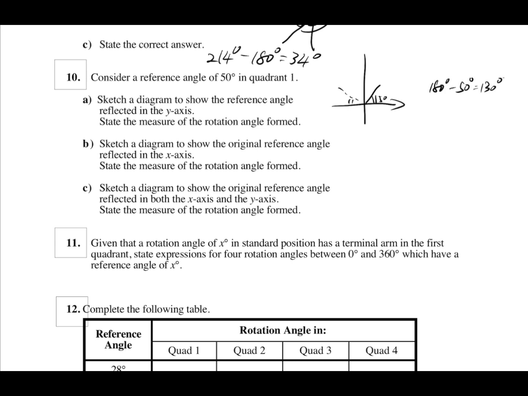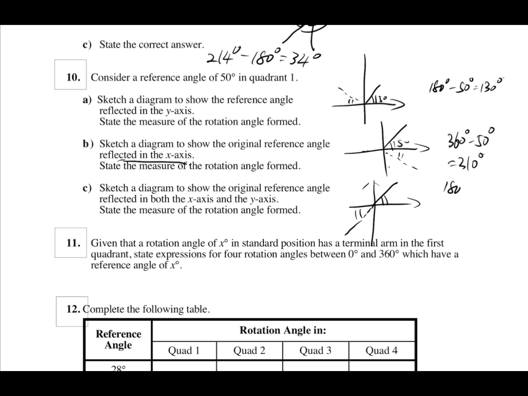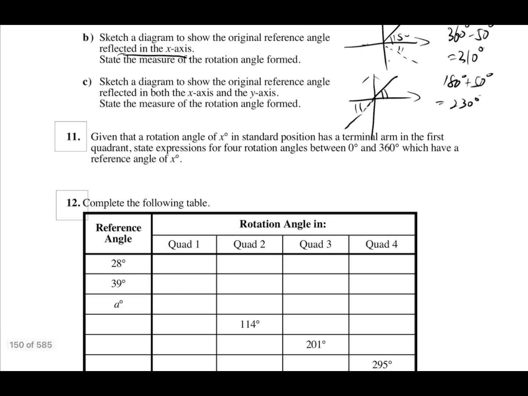And for the second one, the original reflected in the x-axis, 50. And the last one is reflected in both the x-axis and the y-axis. So this one is 180 plus 50 equals 230. Given a rotation angle of x in standard position with a terminal arm in the first quadrant,